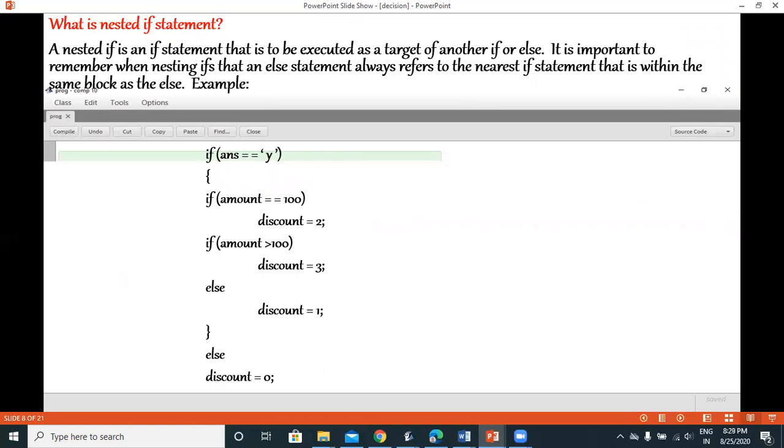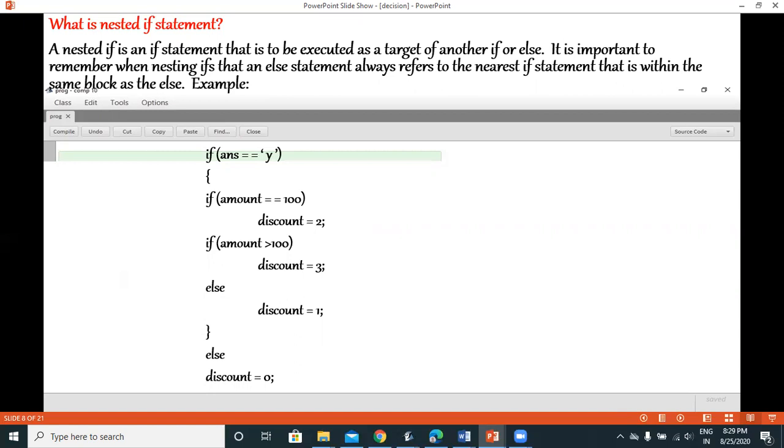Now over here you can see that there are two ifs and one else. So this else will always pair with the nearest if, that is amount greater than 100. Then belonging to answer equals y, the else part, if the condition answer equals y proves to be false, then the else part discount will become 0. Now you can see that a confusion has been raised.